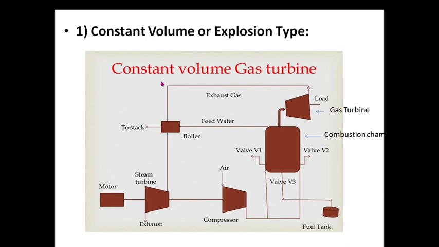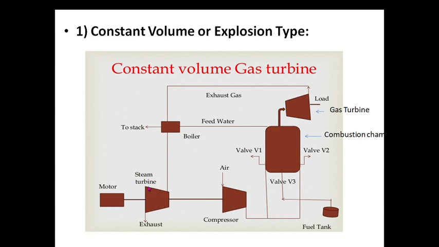In the boiler, as these exhaust gases have high temperature but low pressure, we don't want to take them with this pressure, but the temperature can be used inside the boiler to vaporize the feed water. We are using the heat of these exhaust gases to convert the water into steam, and then this steam is sent to the turbine here, which is a steam turbine.